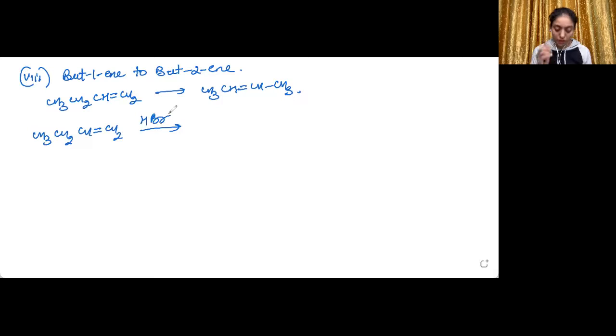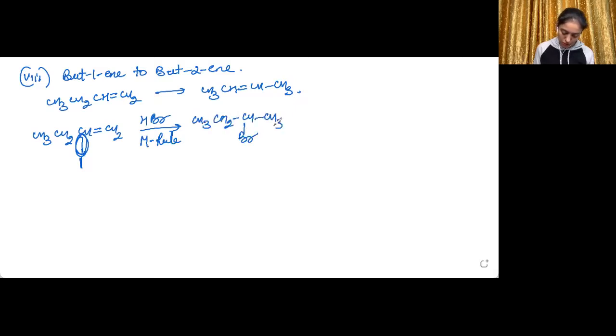Okay, now we need to see whether we will be using Markovnikov's rule or anti-Markovnikov's rule. That is, we need to do this in the presence of peroxide or in the absence of peroxide. Now, I need bromine at this position. I will tell you at the end why. So for getting bromine on this position, we will be using Markovnikov's rule. So we will not use peroxide here. CH3, CH2, CH, here it is Br, it is CH3. All right. Now, treat it with alcoholic KOH.